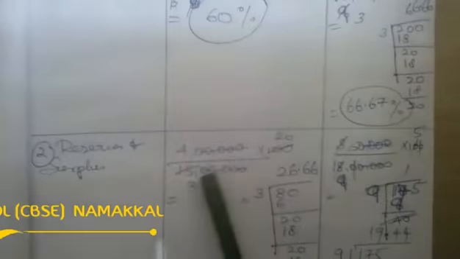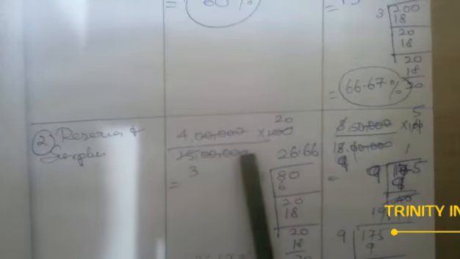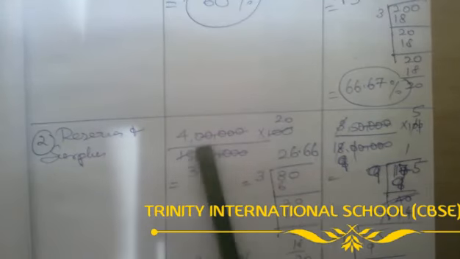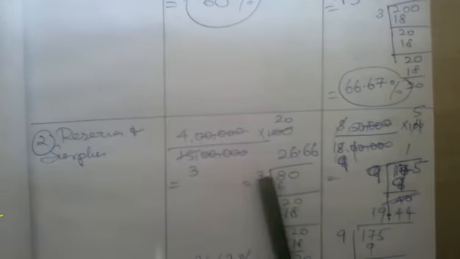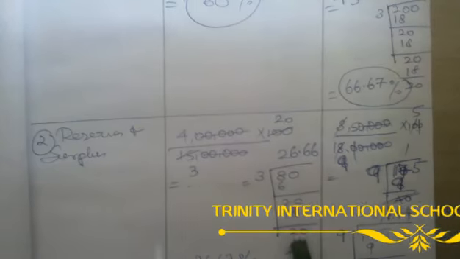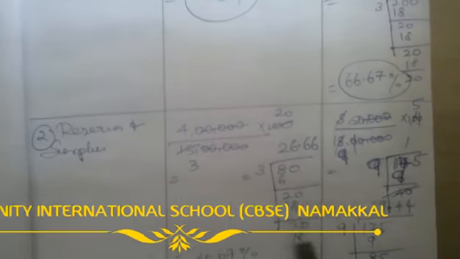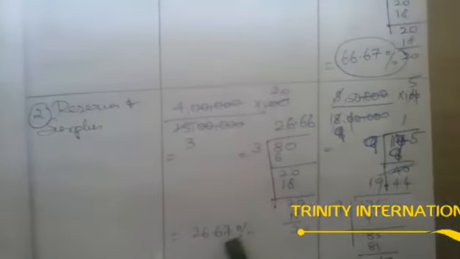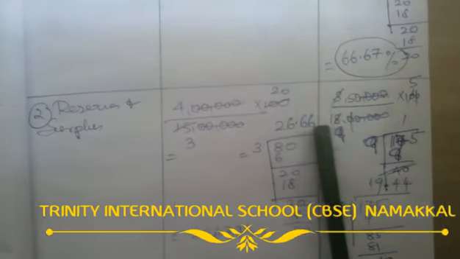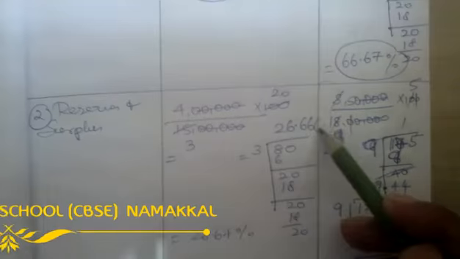Same manner, 4 lakhs divided by 15 lakhs into 100. Okay, so here again 50, then here 50 cut it, then I make it 3 5s are 15, 5 2s are 10. Easily 4 into 20 is 80, so simply we divide by 3. So 2 3s are 6, balance 2, again down 0, 6 3s are 18, so balance 2 0, so point, decimal. Unable to divide, put a decimal. Again 6 3s are 18. Likewise, if you do, you get 26.67. It keeps on going, 26.666, so consider 2 decimals. So here I put 6, and 6 becomes 7.